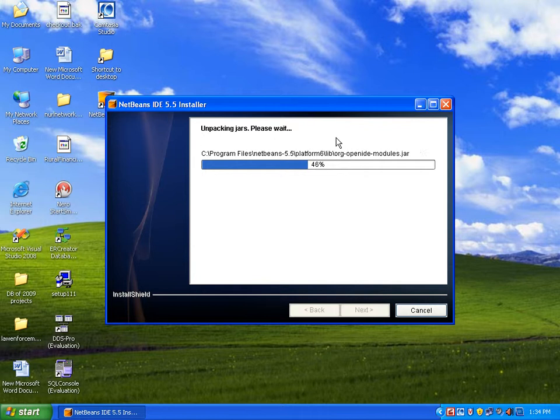Coming to Glassfish software, it is an application server, whereas Tomcat server is only a web server. That is, using a web server we can't work with EJBs, enterprise Java beans, but by using application servers we can work with applications like EJB, enterprise Java beans. So in the advanced version NetBeans IDE 6.0, they have also given the functionality of Glassfish server. Glassfish server is also developed by Sun Microsystems.